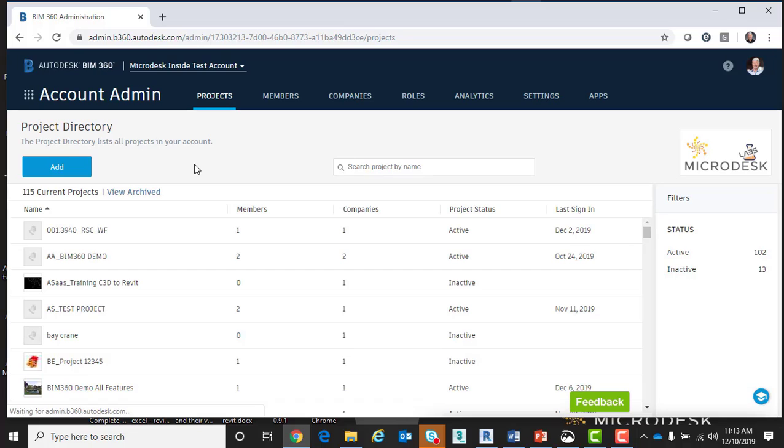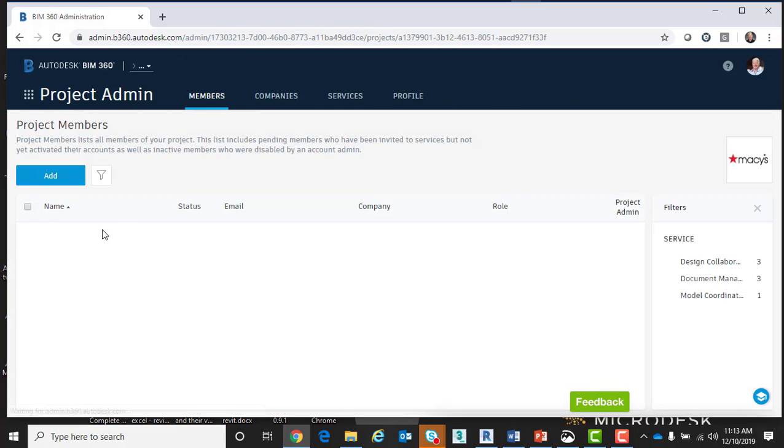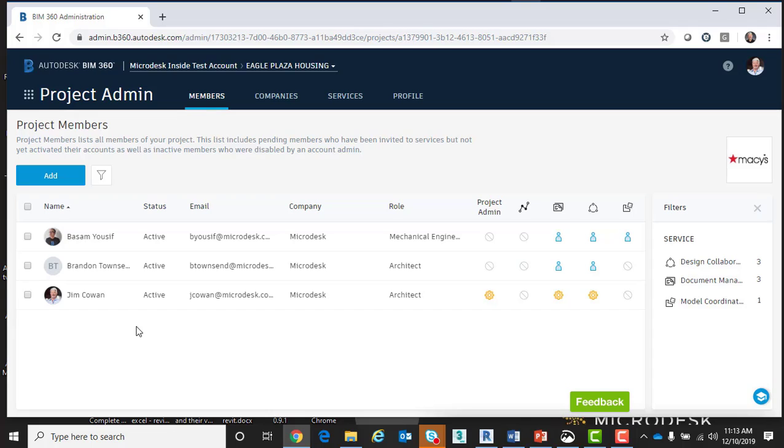In this case, what I'm doing is going to my Microdesk test hub. And then when you're there, you can search by typing in the name of the project and find the project and see what project members are working on that particular project. And you'll see later how we can add members to this group. But basically the options that they have to have are the